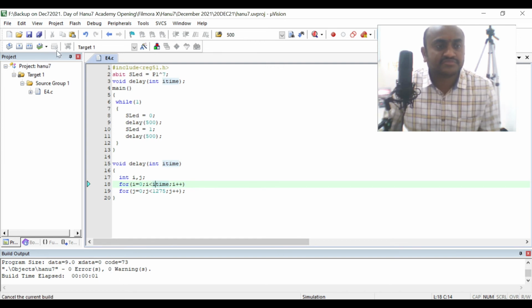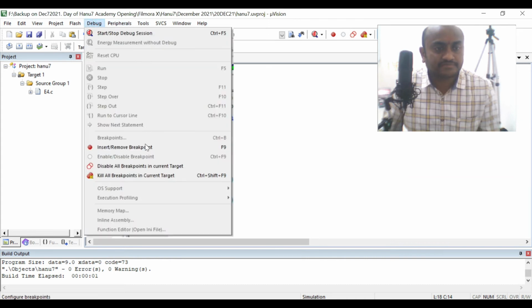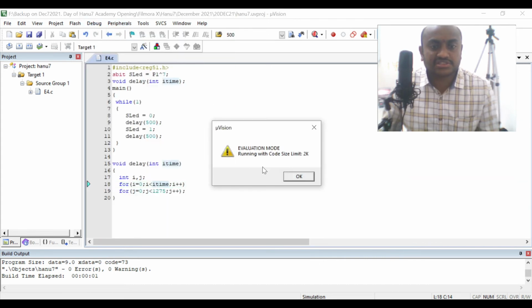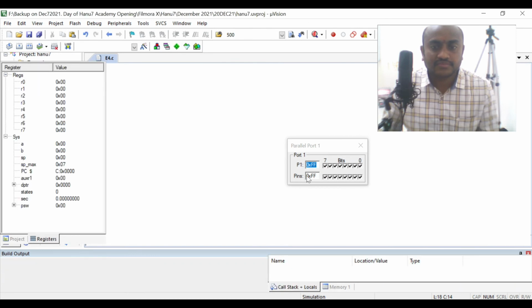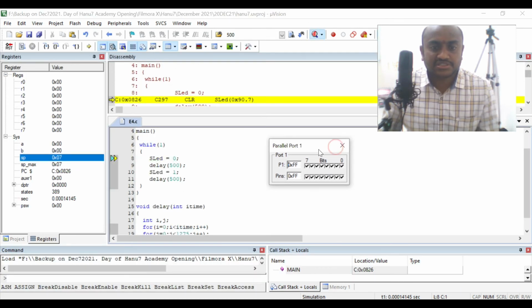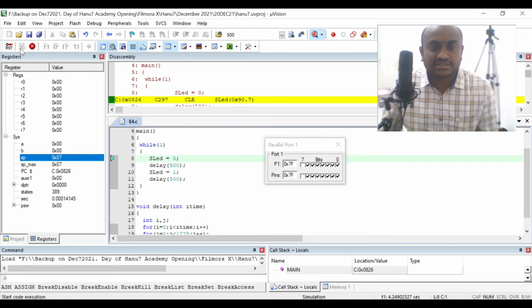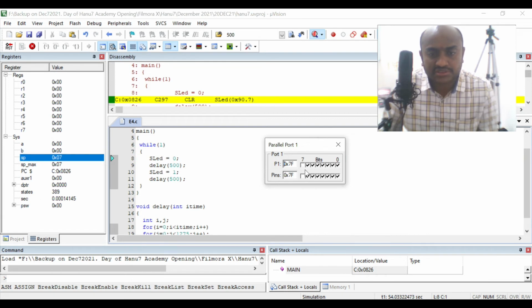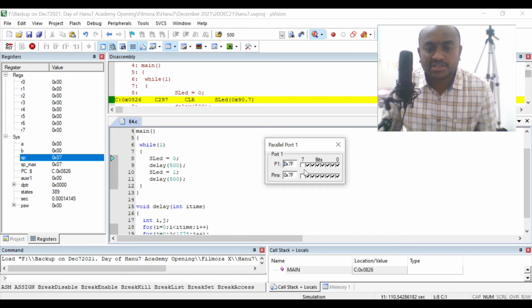And then let us go to debug and then start debug session. So in the debug session, you can see here in port 1 only one LED will be on. So there is no change in the output whatever you have seen when compared to the previous one. But what is happening here is the rest of the LEDs are not touched.